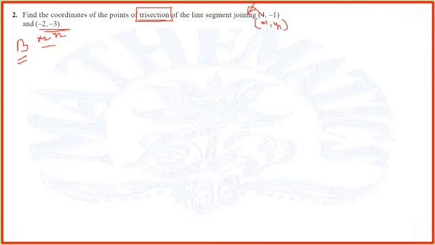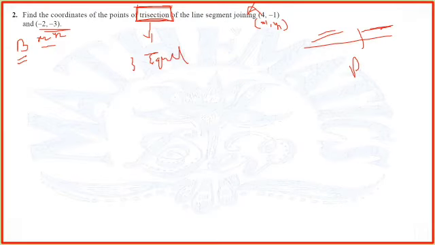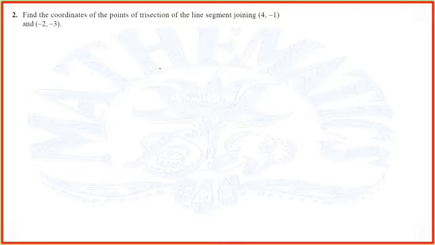So now the problem is we don't have here either the coordinates of this point P or this ratio. Two things are missing. So how will we find out? For that, this particular word is given as a hint. Trisection means division of anything into 3 equal parts. Note it down: dividing anything into 3 equal parts is called trisection.